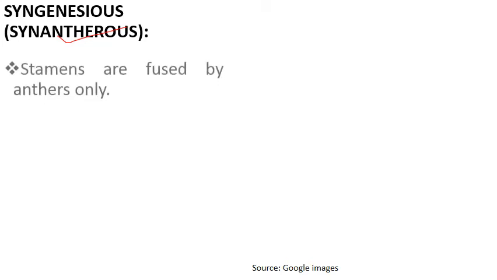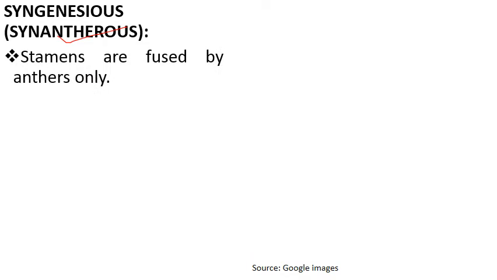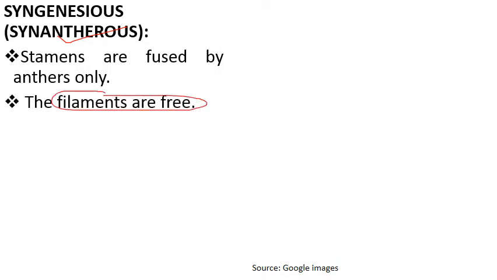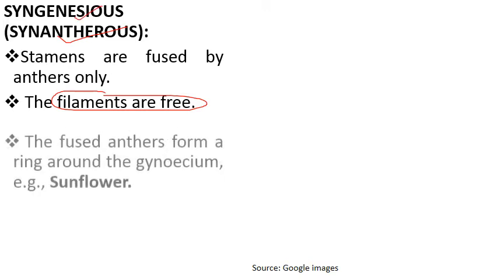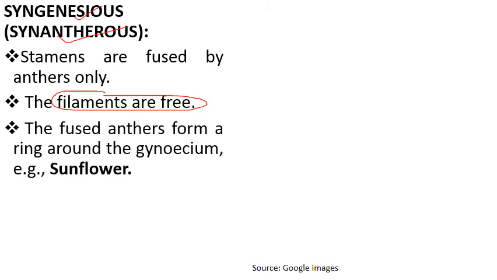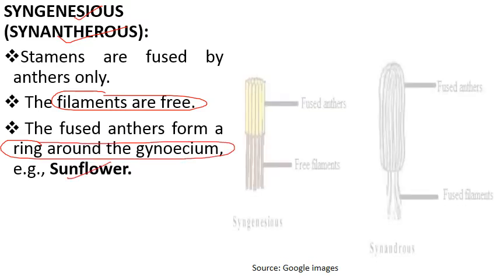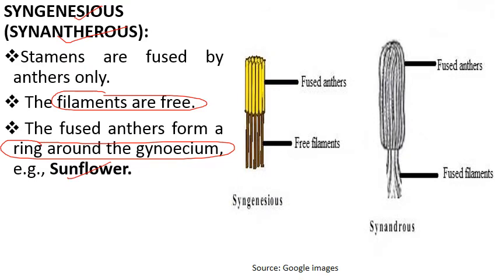When only anthers are fused in the stamen and the filaments are free, that condition is known as synanthers condition or syngenesious condition. The fused anthers form a ring around the gynoecium. इसमें जो anthers fuse होते हैं they form a ring around the gynoecium. For example, in case of sunflower. Sunflower के केस में ये condition present होती है. इसमें जो anthers हैं वो fused होते हैं और जो filaments हैं they are free, and they form a ring